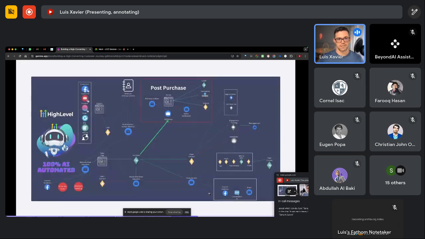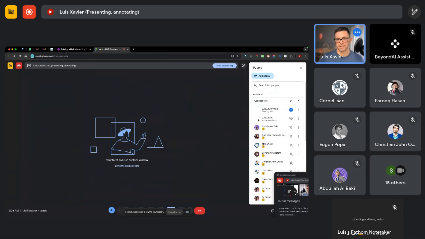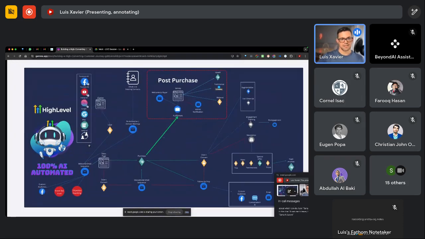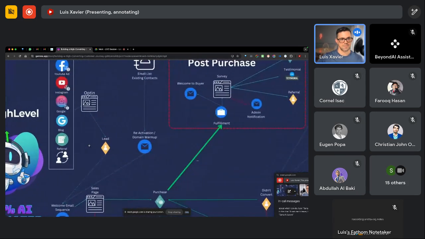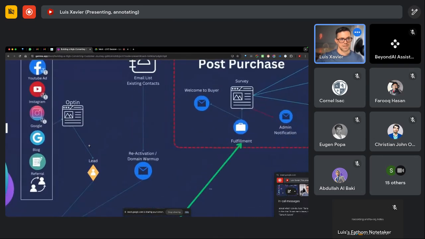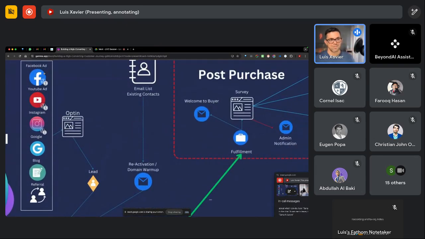So let's dive straight into it. So this is the masterpiece, right? So you will have different channels. Everyone uses and likes different channels. So you might have ads on Facebook or Instagram. You might be doing some posts and people are interested, and you have a lead magnet and they sign up to an opt-in.